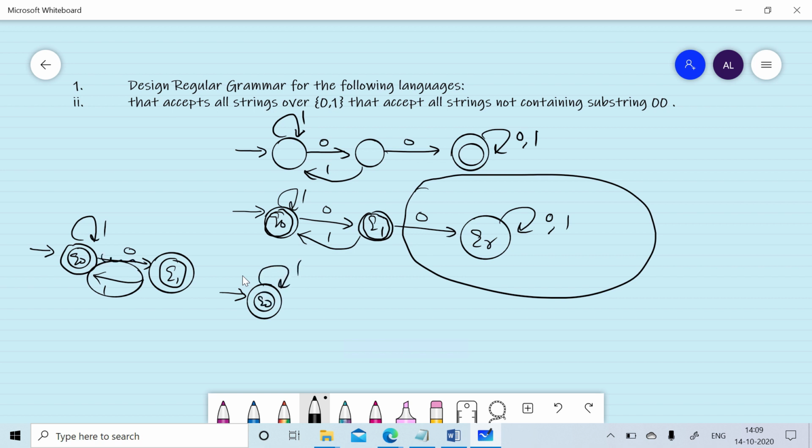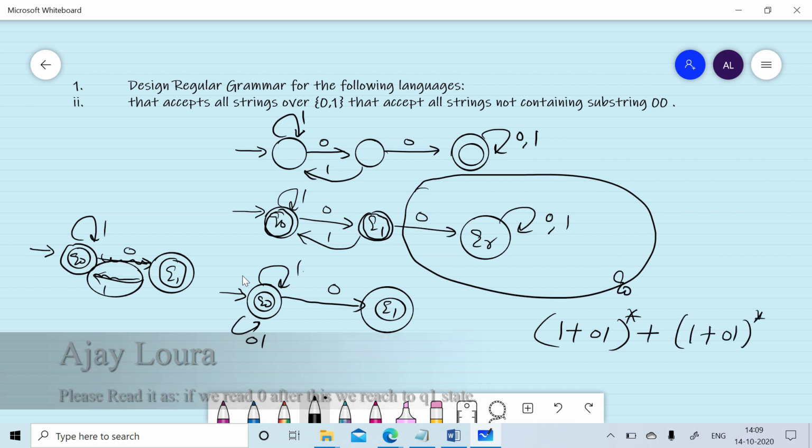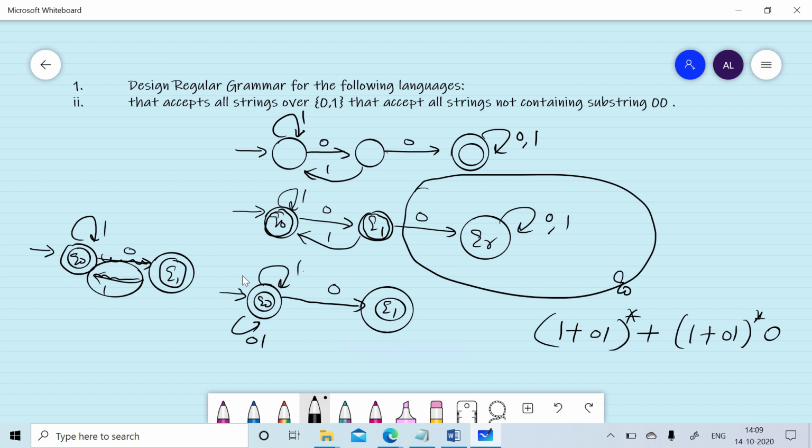There is a loop of 1 on Q0, and then on reading 0, we move to Q1. Its equivalent regular expression is (1 + 01)* for the Q0 state. And if we read 1 after this, we will move to the Q1 state.